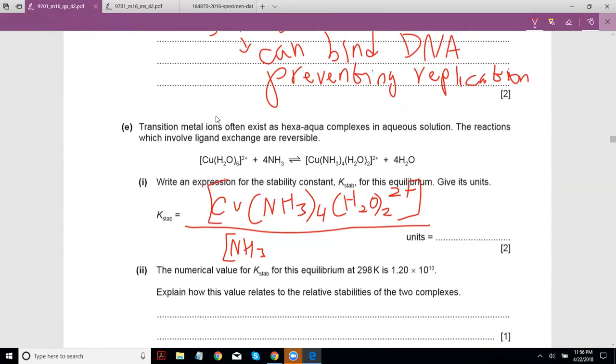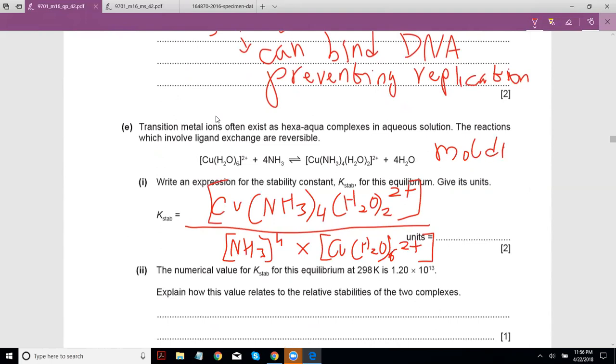And again, NH3 to the power 4, and your other ion. So H2O. Okay. And so what are the units? This is concentration. So concentration is